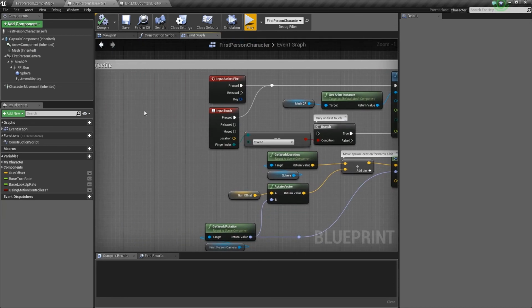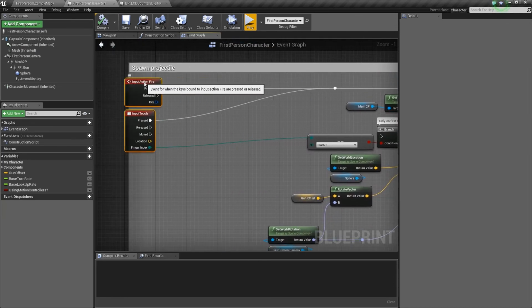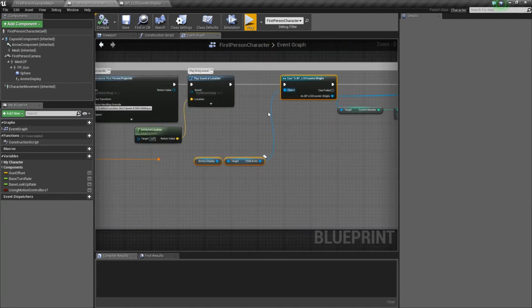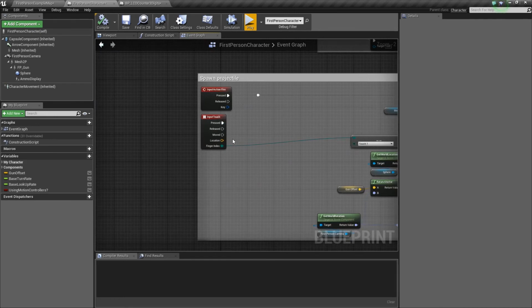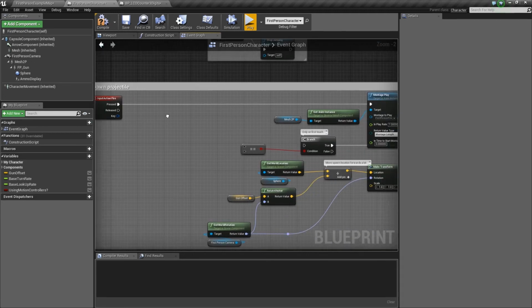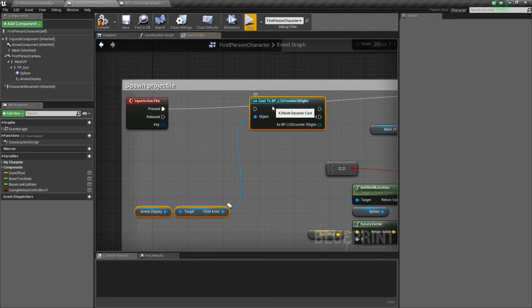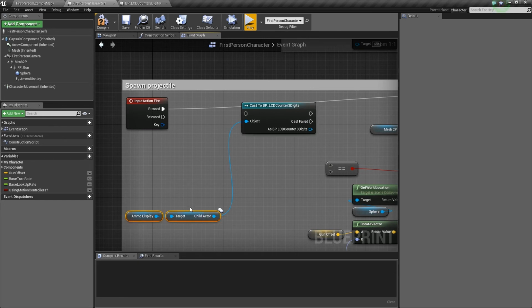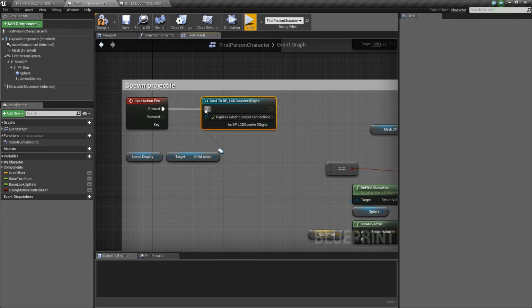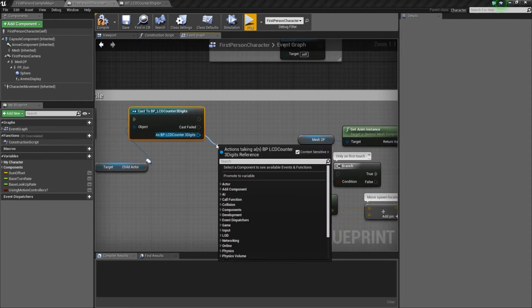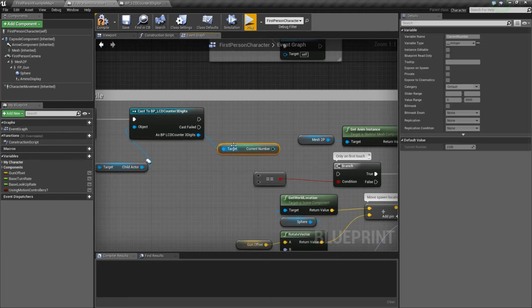So let's extend this way quickly. We can also do the same thing. Okay, we're not going to use the touch input for now, so let's just delete that. Just going to use the input action fire. So let's paste these things that costs to our child actor. So now it's going to get current number,